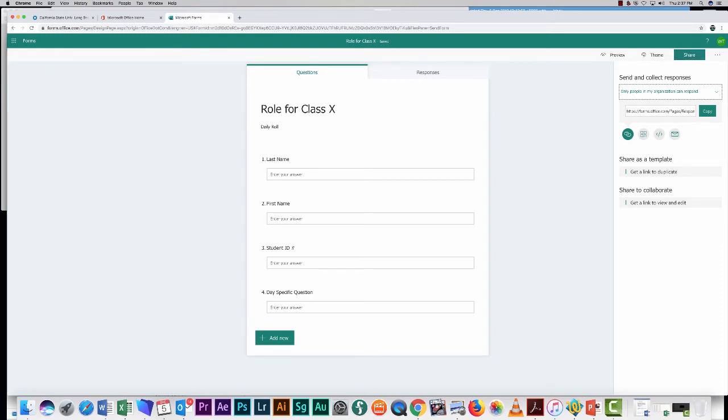options. First option is only people in my organization can respond. The other option is anyone with the link can respond. You're going to want the anyone with the link can respond option. That way you can give the link to your students and anyone who has that link can respond. Now, what you do from here is you would copy the link and you would share it with your students via email or on the first day of class so they can take a photo of it, however you'd like